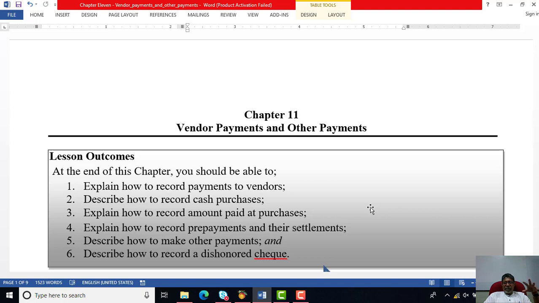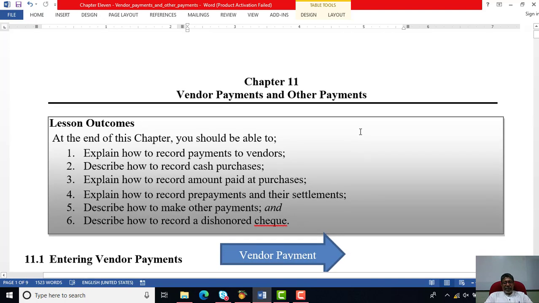The expenditures are of various types. You have many operating expenses which your company needs to pay. Those payments can be made through the other payment option. Even if you are going to purchase equipment, purchase land and so forth, we can make the payment through this other payment option. So dear friends, there are a lot of activities to be discussed during today's lecture. Let's look at one by one how to do these activities by using the Sage 50 accounting software package.